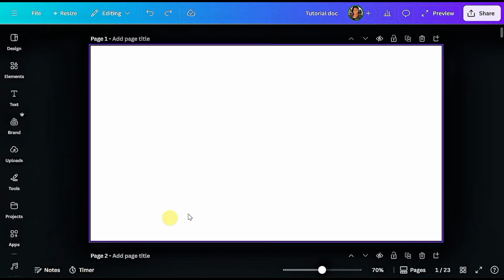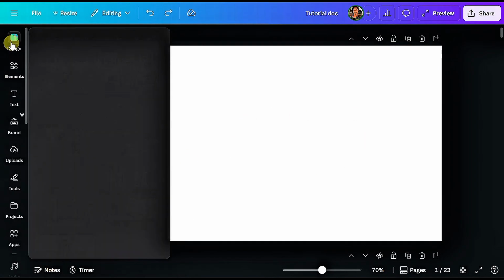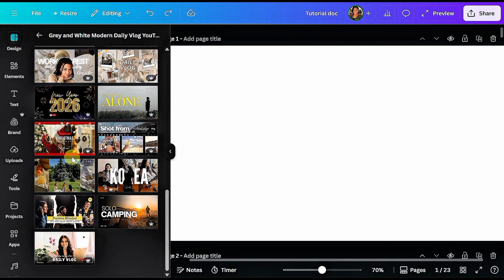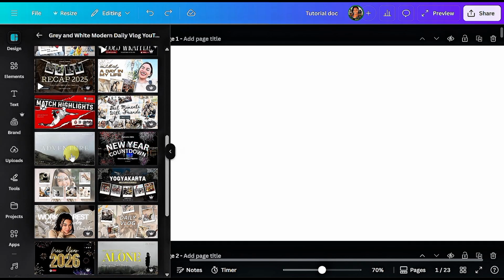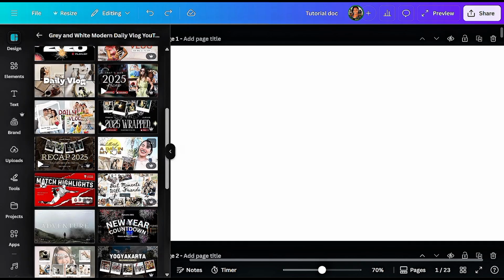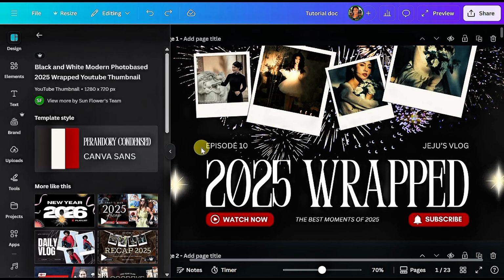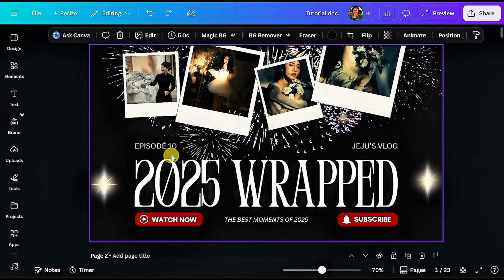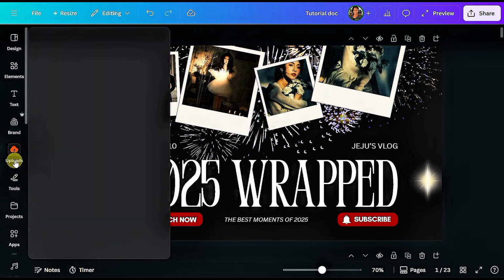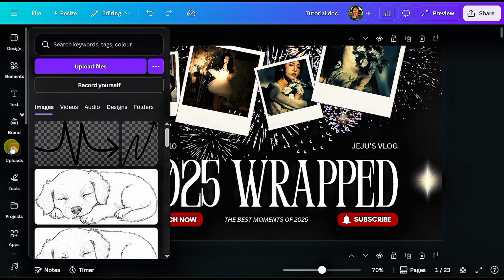To add a photo to a frame, I'll quickly go to my designs here to bring in a design that has frames in them. So if I click on this, this design has a frame. So let me quickly collapse this. And to add photos to these preset frames already, I'll go over to my uploads to bring in the photos